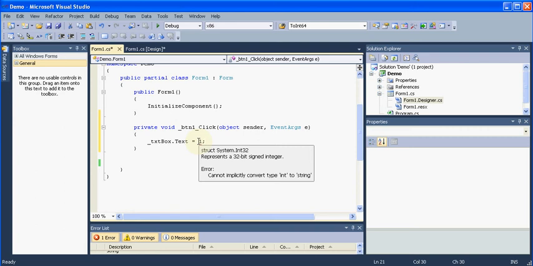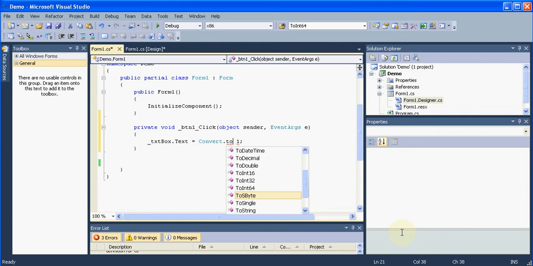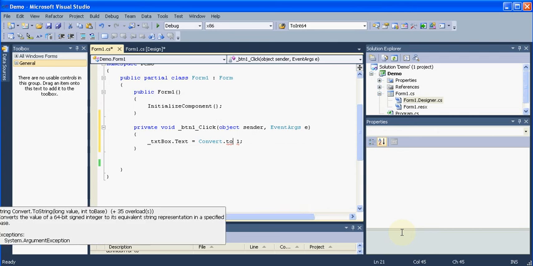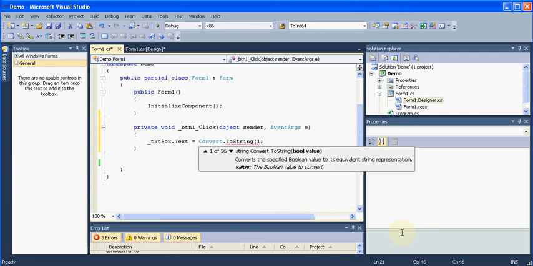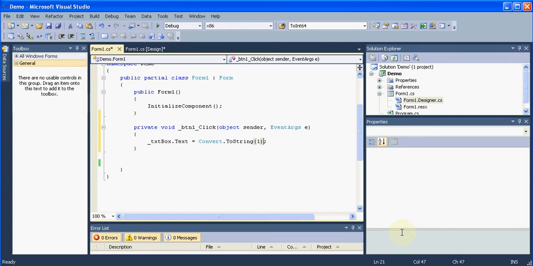If it is unable to convert implicitly, we will do it on our own. For that we will write convert dot to string. That's one way, or instead of all this you can just write 1 dot to string.